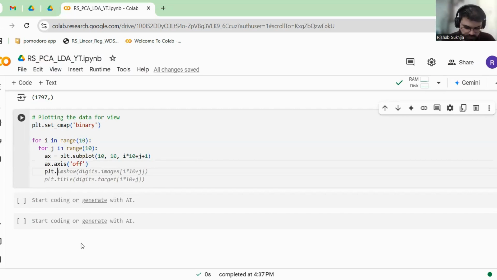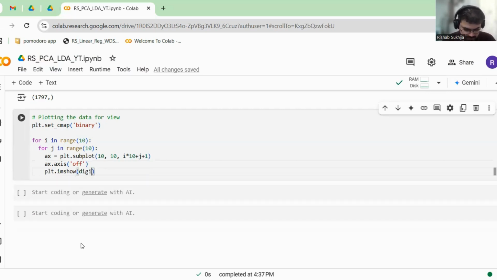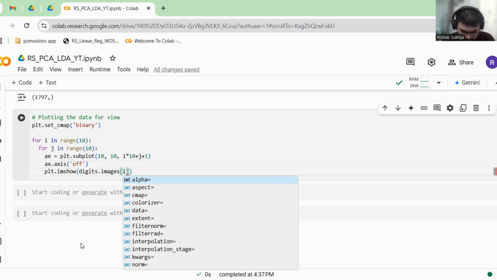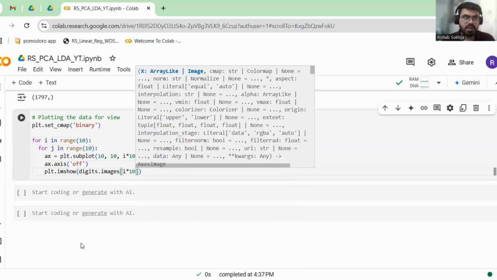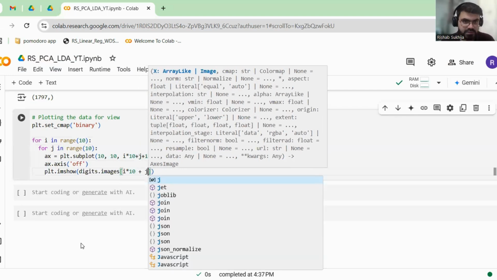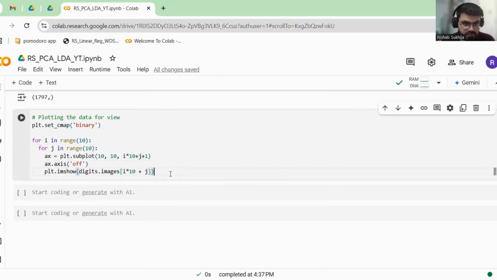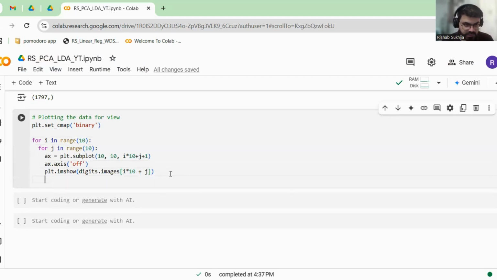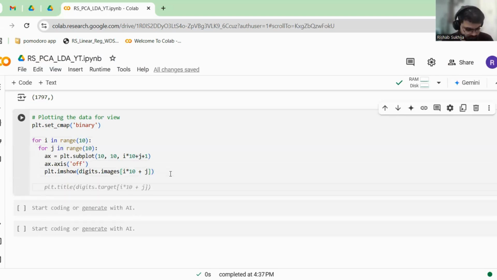So to avoid that, what we are going to do is switch it off: digits dot images, and in images I want i into 10 plus j. Plus j is what I have here. See, and then after you come out of the loop, and then